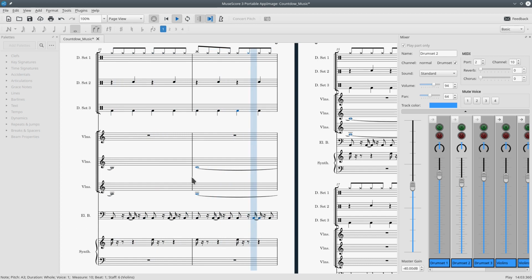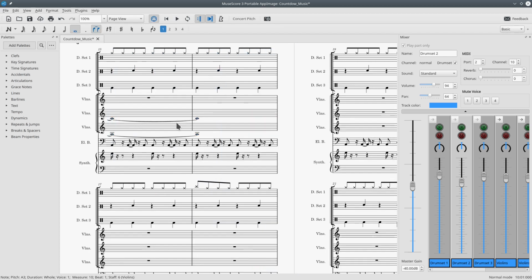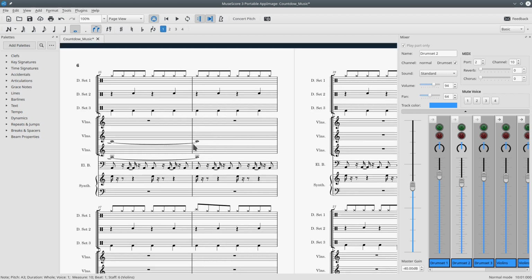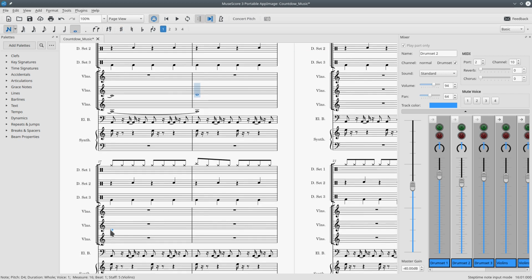So the pitch is increasing. This note goes one tone up, and the same note goes here.